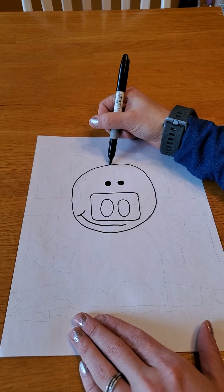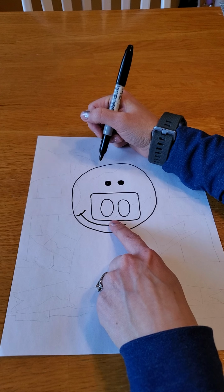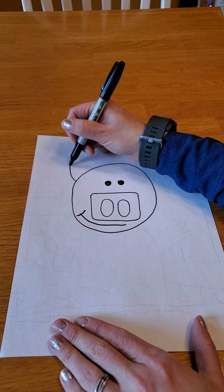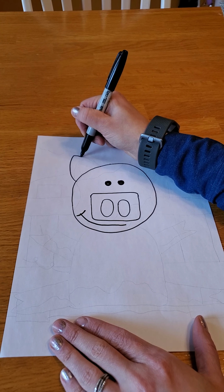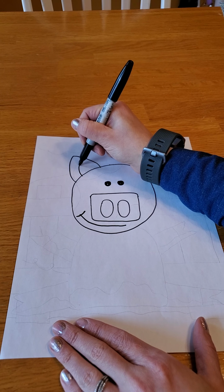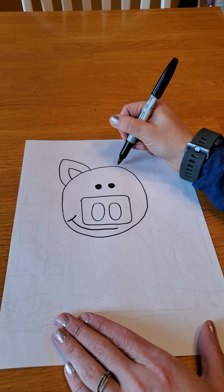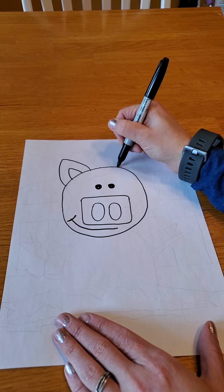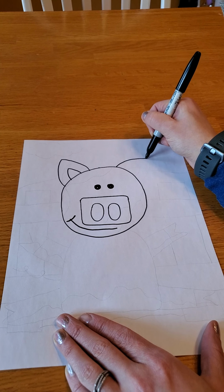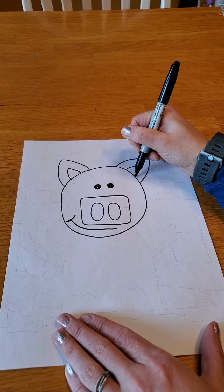So if this is the middle of the head, we're gonna come off to the side and draw a rounded triangle. So remember, this nose was a rounded rectangle. Right now we're gonna do a rounded triangle. So the sides are not straight, they're rounded. And then we're gonna do the same thing in the middle, a rounded triangle, just like that. And again on the other side, so this is the middle, we're going off to the side a little bit, not the side, but the top side. A rounded triangle out. Thinking about the size of the ears compared to the size of the head, that's called,